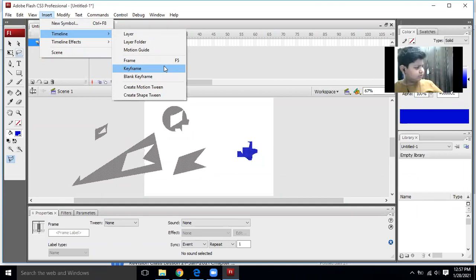Keyboards have their own systems, so there may be some other problem, but I am telling you the proven way: you press F6, or you go to the timeline and click on the keyframe. Okay, fine, sir.